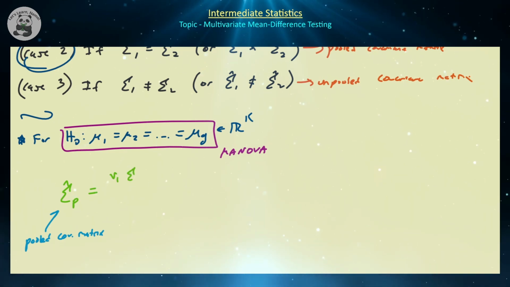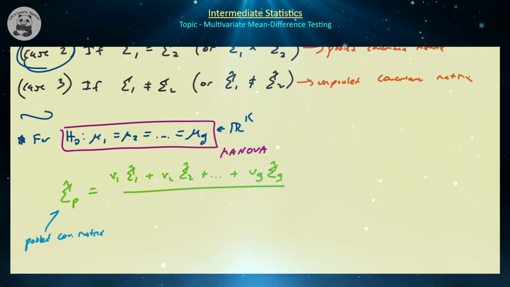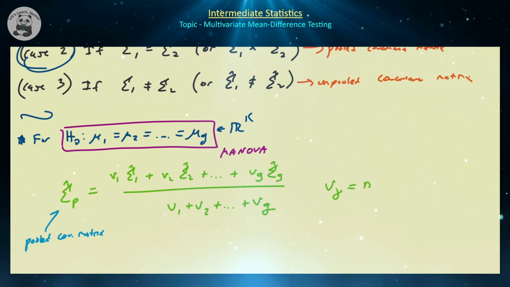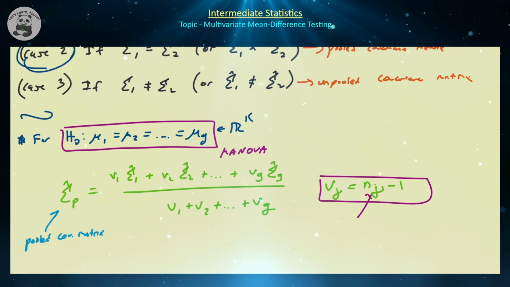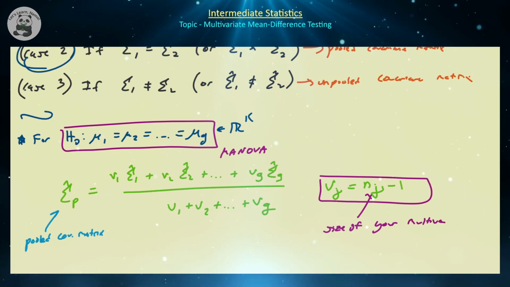So this is going to be nu1 sigma hat 1 plus nu2 sigma hat 2 all the way down to nu g sigma hat g, all divided by nu1 plus nu2 all the way down to nu g. And here the degrees of freedom, nu j, is just going to be the sample size from those populations that we were able to gather, minus 1. So it's the size of your multivariate sample. Let's actually just write that. So n is the size of your multivariate sample